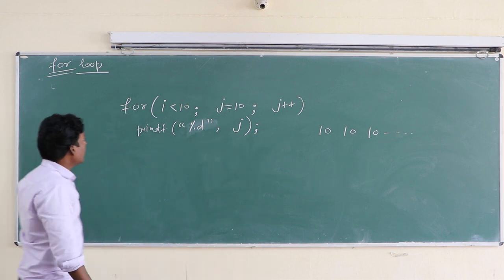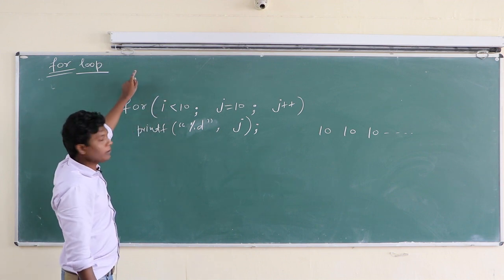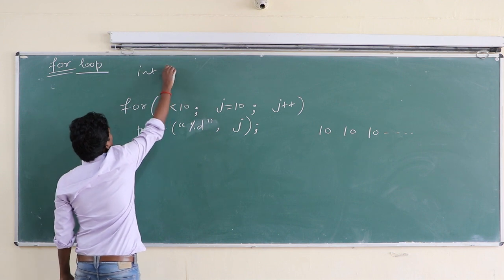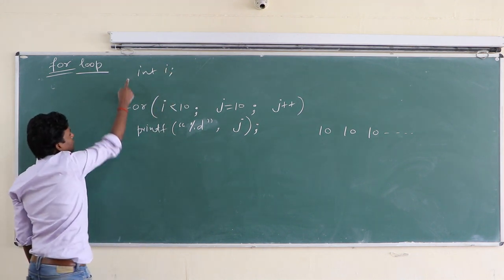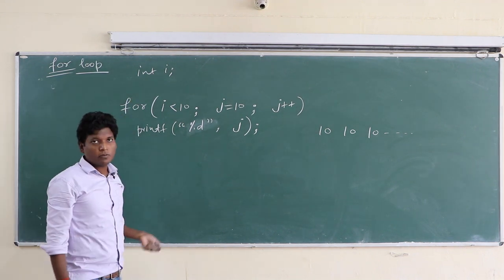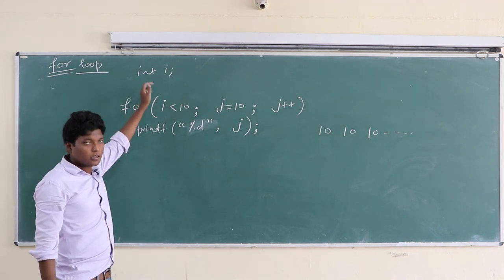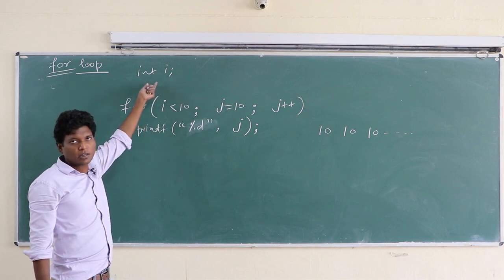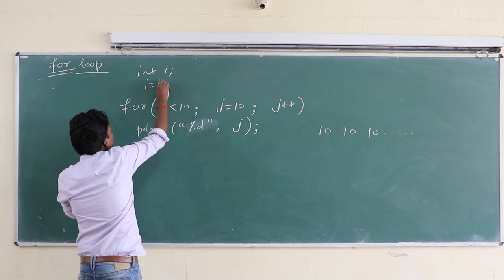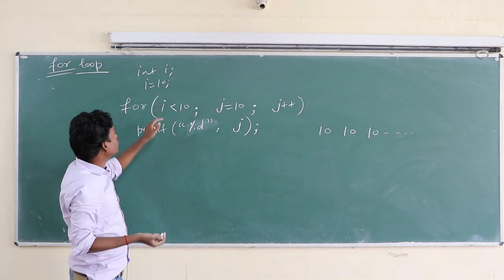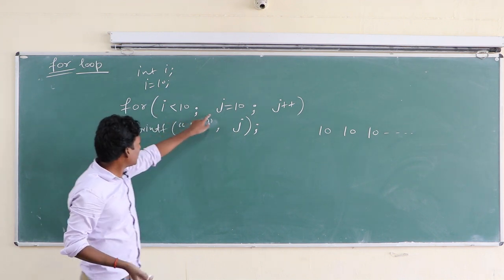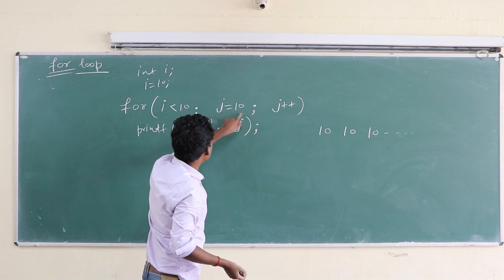Okay, and I have initialization in the above. Suppose you write int i. By default this is automatic storage class, and automatic storage class has a default garbage value. So i has a garbage value. Or you can initialize i equal to 10 or something. So this is not testing, this is the initialization phase. Testing is this.